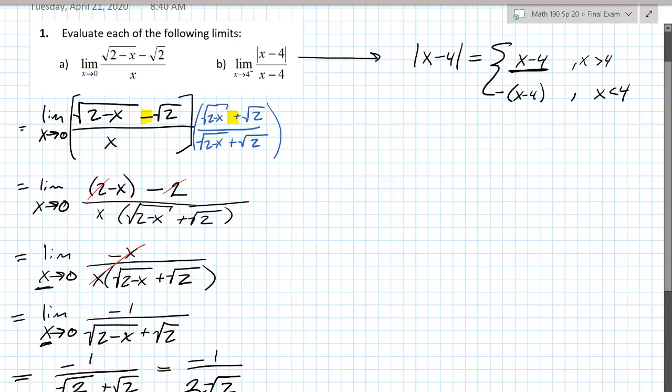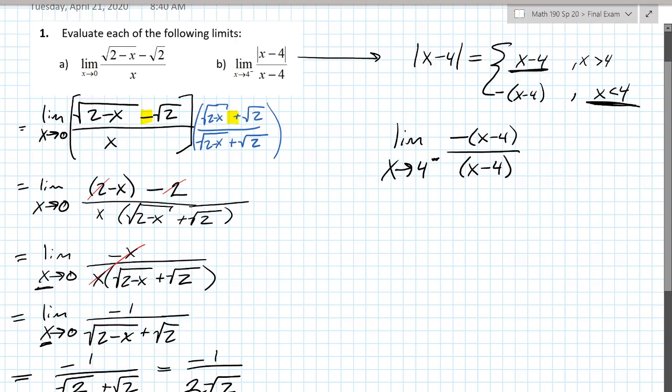Now, taking a look at our limit, we have the limit as x approaches 4 from the left. So that minus sign says we're approaching 4 from the left, which means x is smaller than 4. So I'm going to use the opposite of x minus 4 in place of my absolute value of x minus 4 function